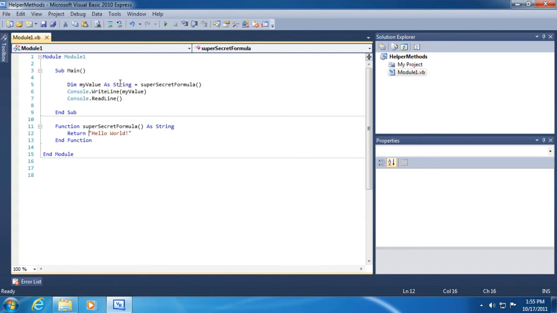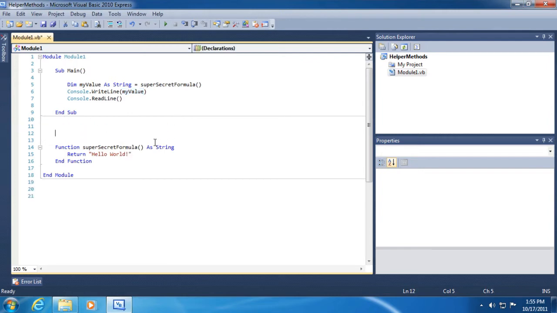And then we retrieve the string returned from our super secret formula into a local variable called myValue, which we then print in a console window. Okay, that all seems to be pretty simple. Before we leave this idea, though, we could create a second super secret formula, or better yet, maybe we should call it